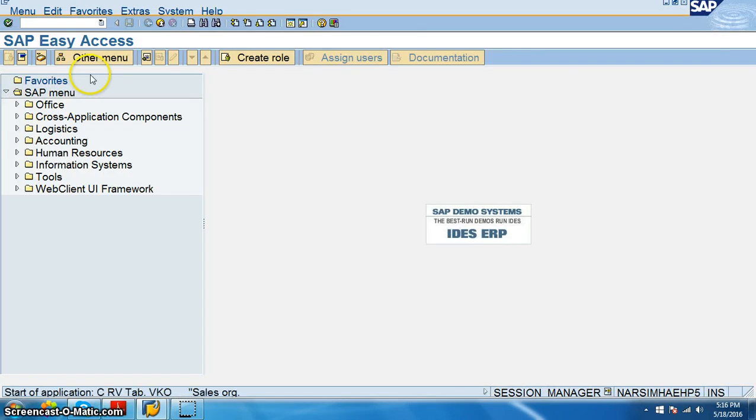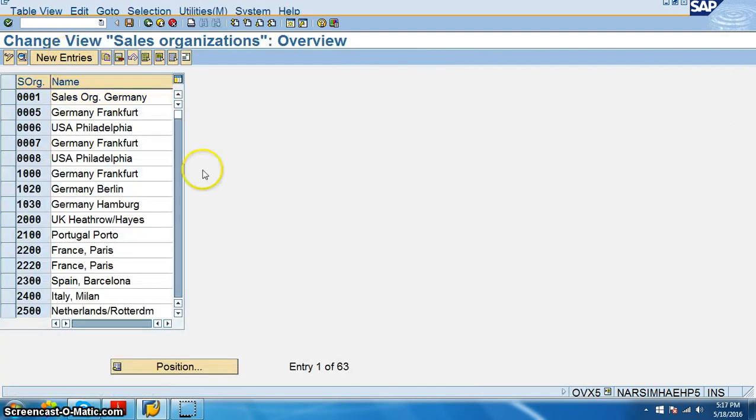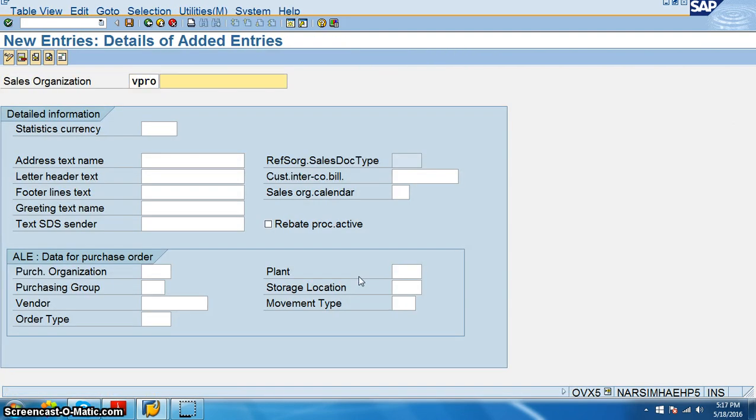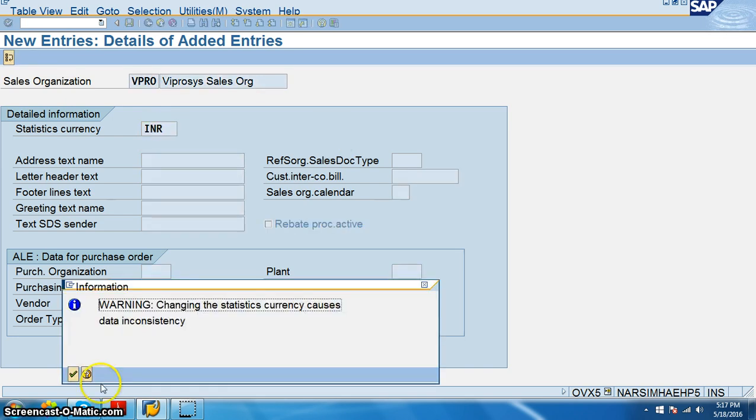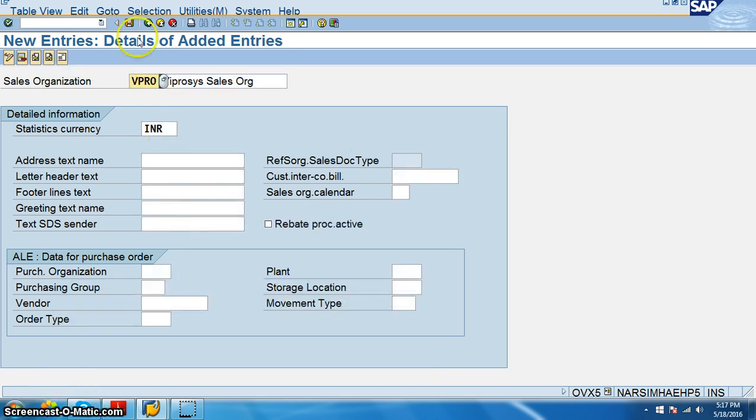OVX5. In OVX5, we are creating a new organization VPRO. And statistics currency we can give it as INR. So, okay, save.